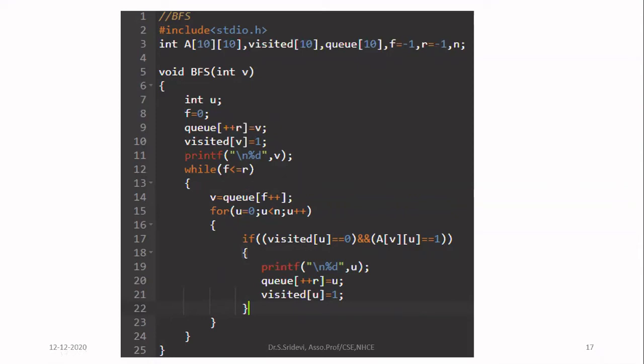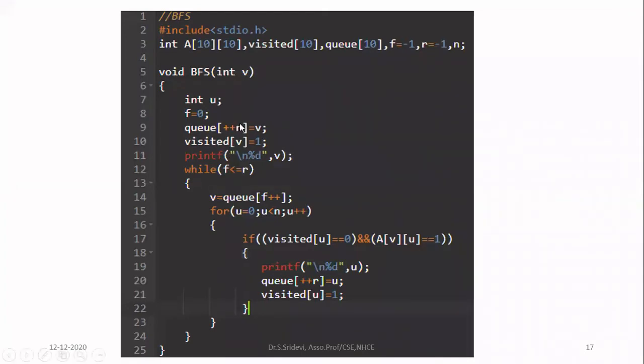So once you insert the node into the queue, the next step is you have to mark visited of that particular node as 1. So I am marking visited of v is equal to 1. And remember, initially your rear is -1, so you have incremented that and then you have inserted, and also your front is -1. When front is -1, it means that your queue is empty.